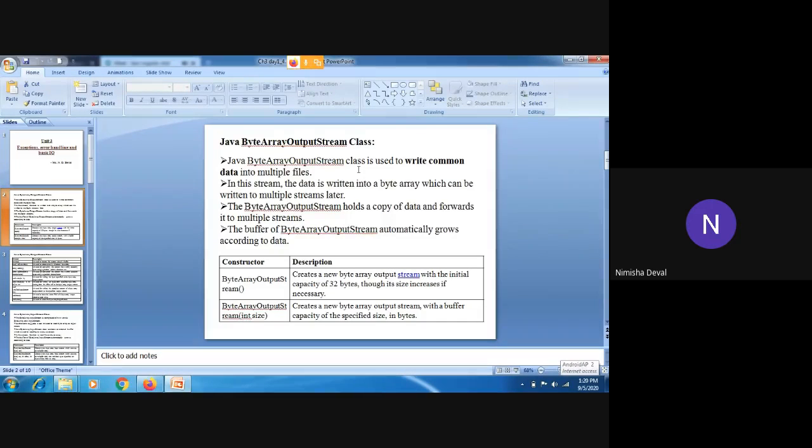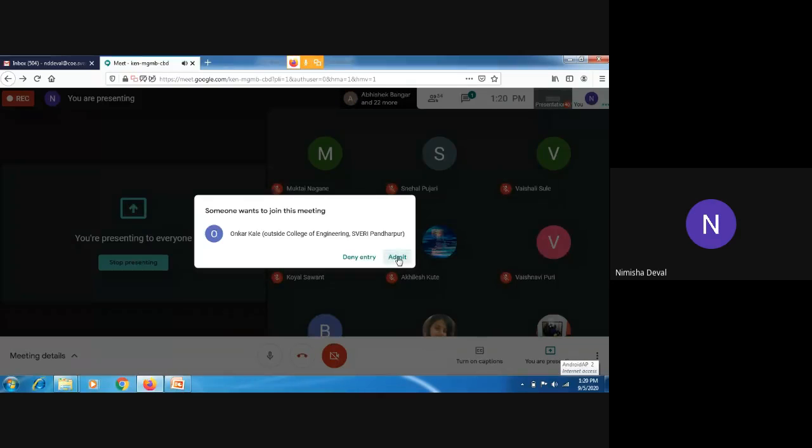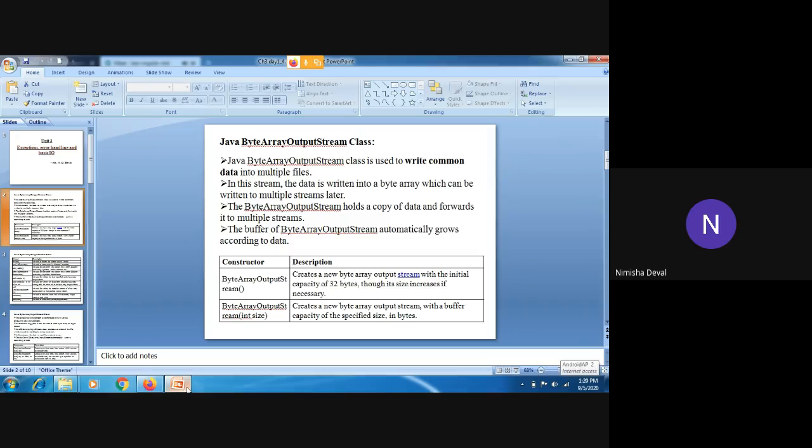Okay, so we will start with byte array output stream. The Java byte array output stream class is used to write common data into multiple files.